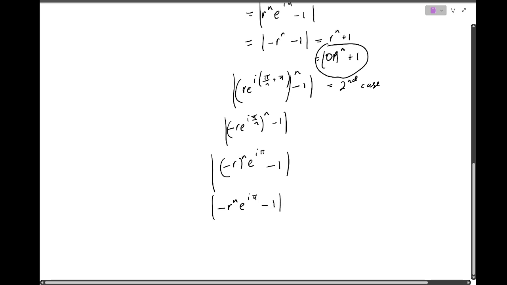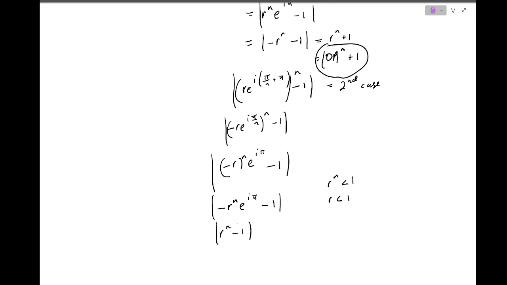And e to the I pi, like I said, is minus 1, right? So it's just r to the n, not e, sorry. It's just going to be r to the n minus 1 mod. But r to the n is going to be less than 1, since r in itself is less than 1. Because if you think about it, since r has to be greater than 0, if a number is between 0 and 1, then essentially